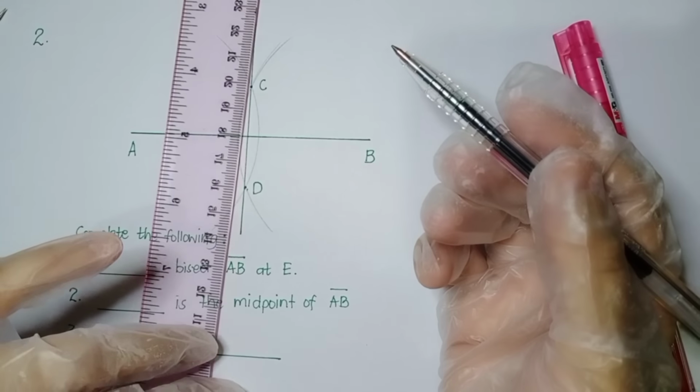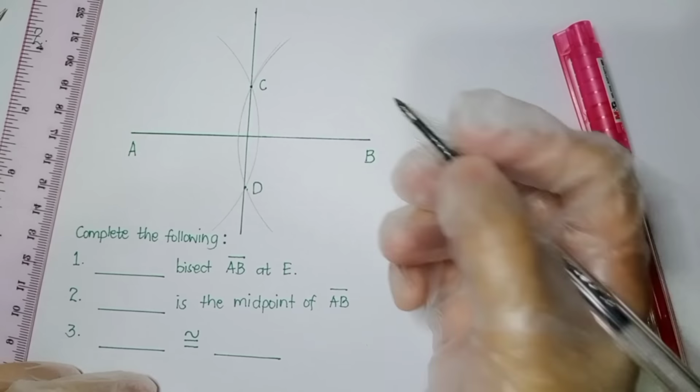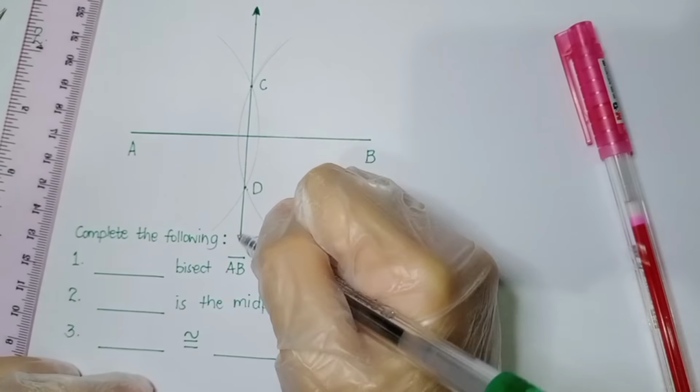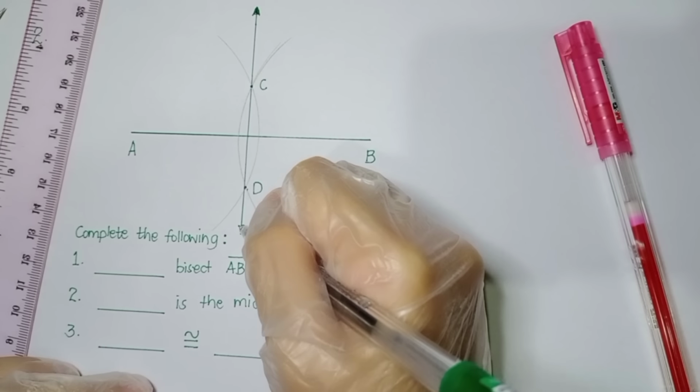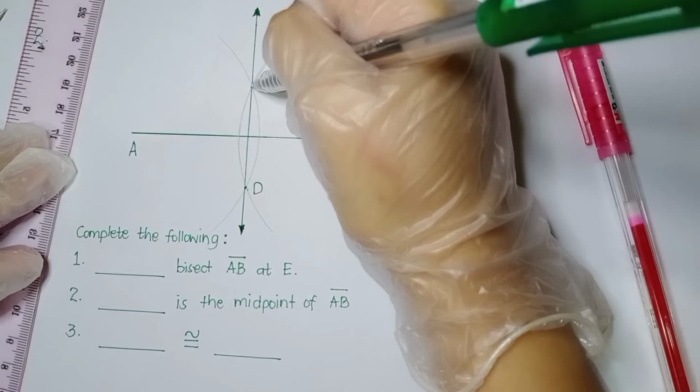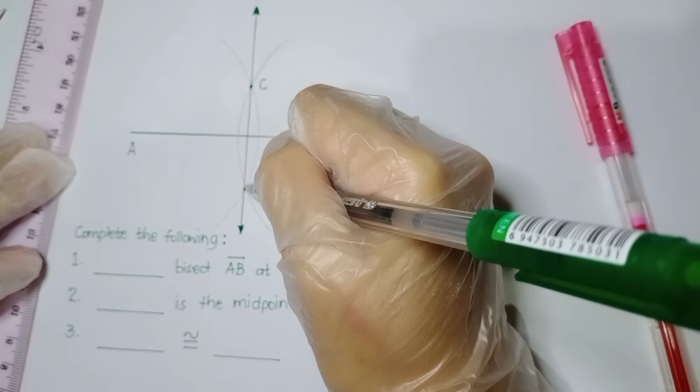Okay, so we have now a line. Okay, lagyan natin ng arrow. Ganon din po sa baba. Okay, so meron na po tayong line CD dito. So, ito po yung point na yon at ito. Okay, now,